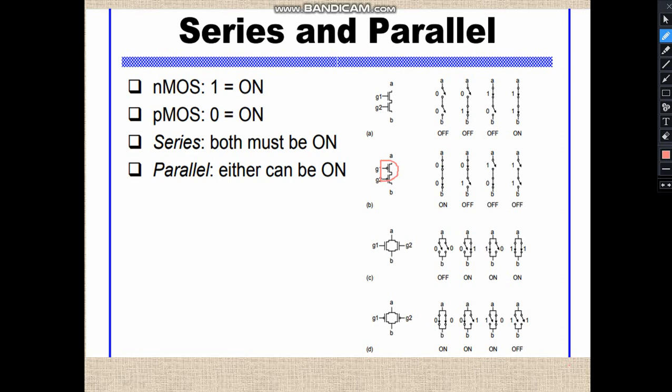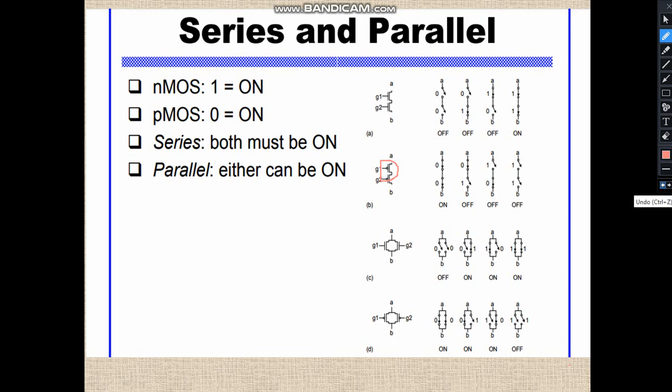For G1 and G2 in series, with input 0 0, the circuit is discontinued. For 1 1, the circuit is in short state. The output is connected to the input. In case of PMOSFET, for the short circuit condition, both inputs must be 0. If any one of the inputs is 1, the MOSFET is in open state, or there is no connection between output and input.